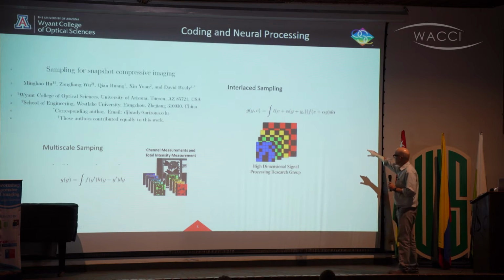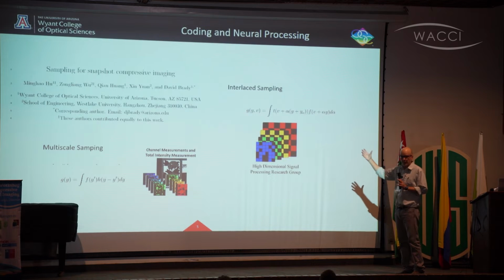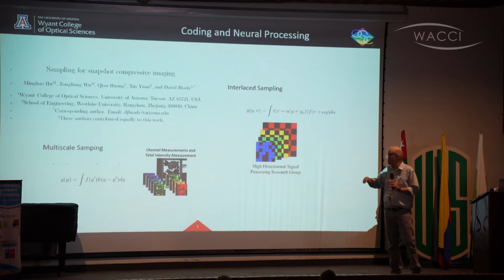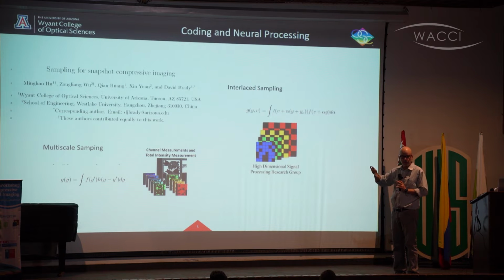You can think of this, the basic problem you have is that you're going to measure this G, some measurements. You have an unknown image F in a high dimensional space. And so normally you're going to make some just fixed physical projections. But with the coded aperture strategies, you apply some kind of coding structure that is a high frequency modulation. And the idea is that by the high frequency modulation in the data planes, you're going to alias high frequency content into the measurements. But with the emergence of neural estimators,